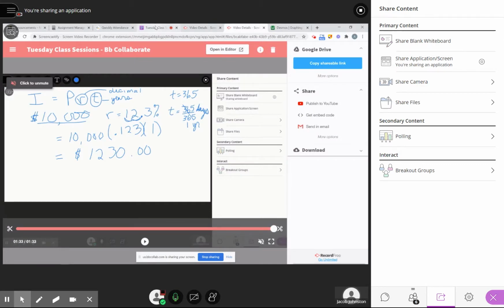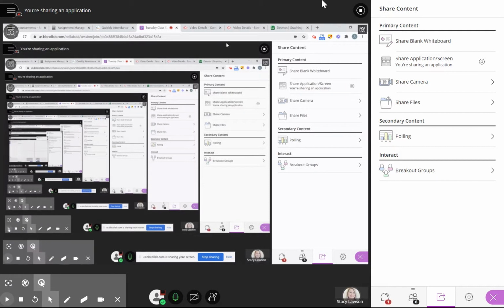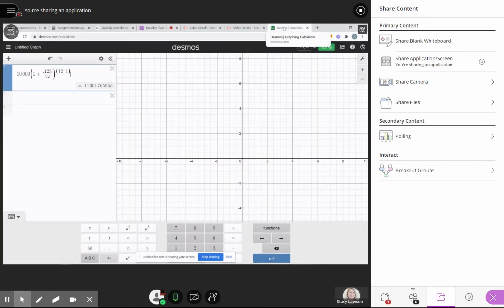Okay, so our final answer when we enter it into Desmos, again, leave out the comma on the 10,000. And when you raise it to this power, I recommend putting that in